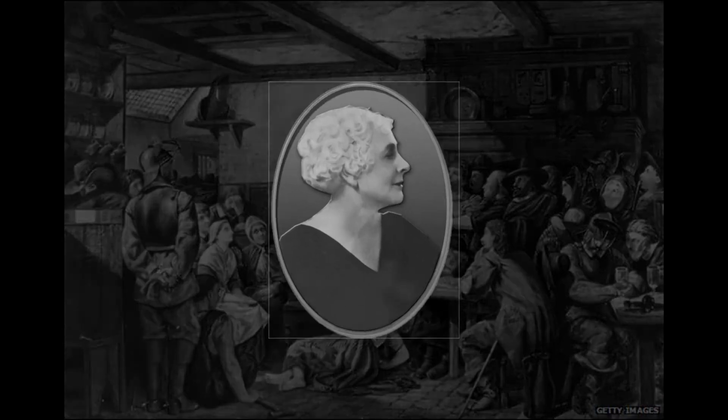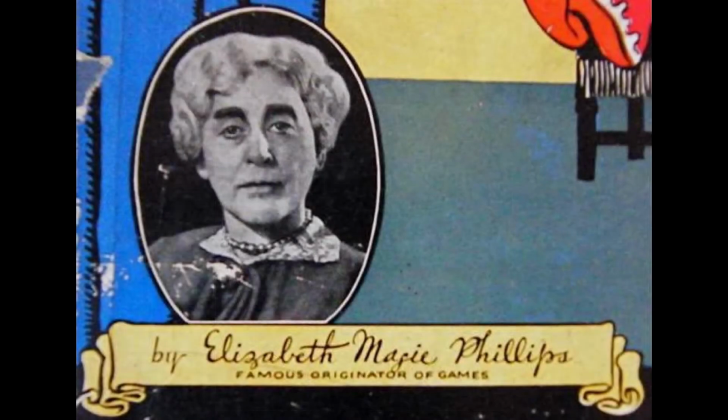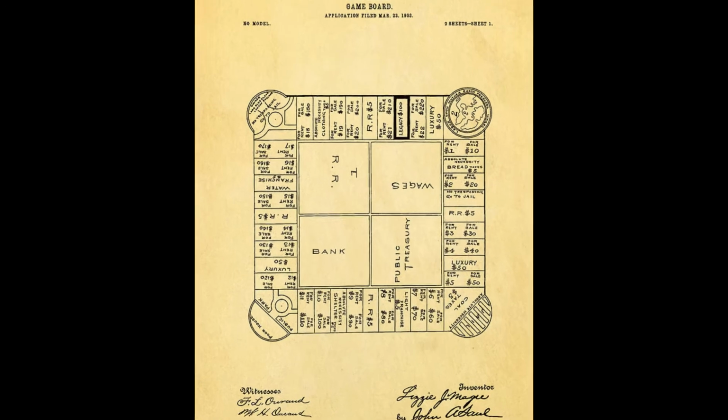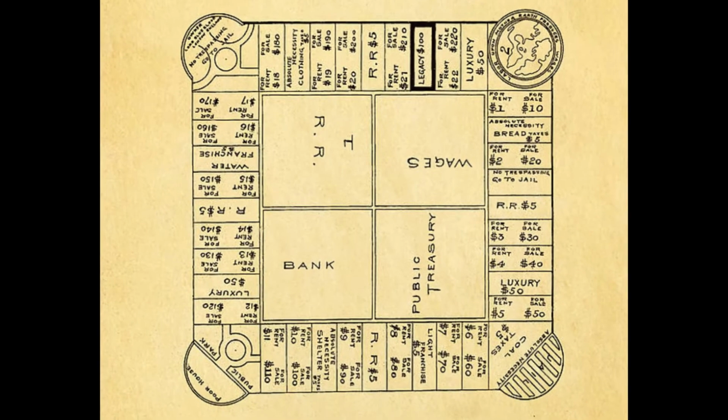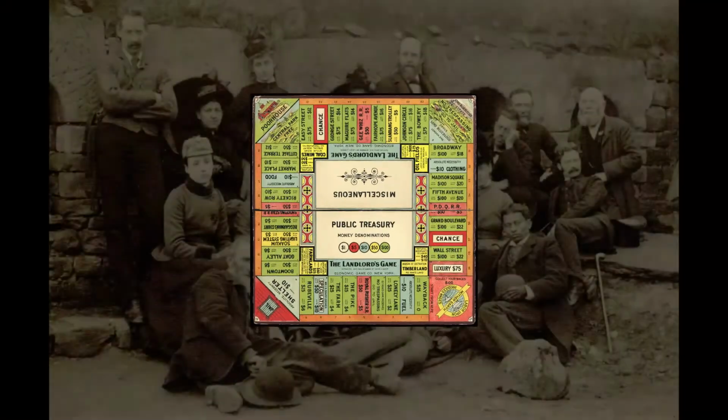One such Quaker was Lizzie McGee. Lizzie set out to develop a board game to educate people on the dangers of monopolistic land ownership. The game, which she would call the Landlord's Game, would illustrate the dangers of land ownership falling into one person and forming a monopoly. In 1906, McGee and several other Georgists formed their own company to publish the game for